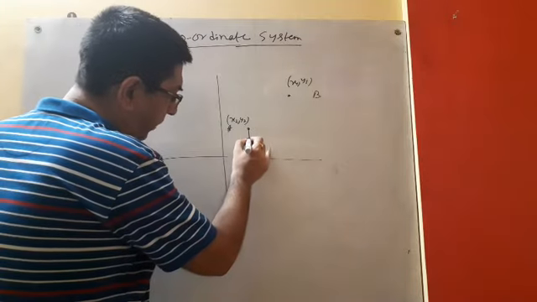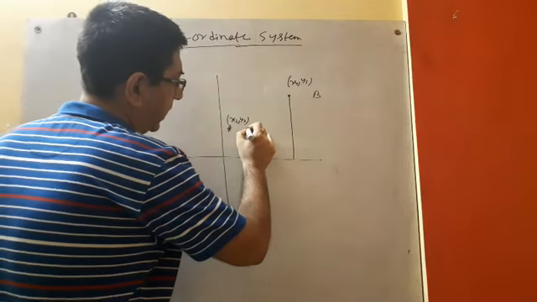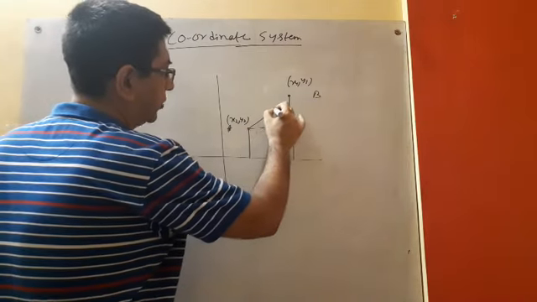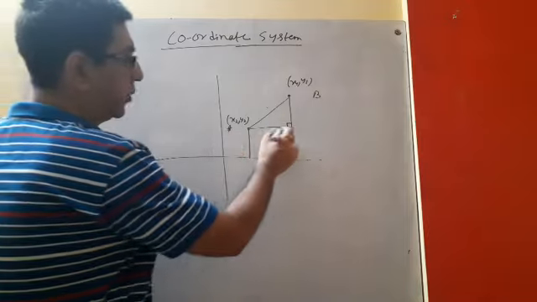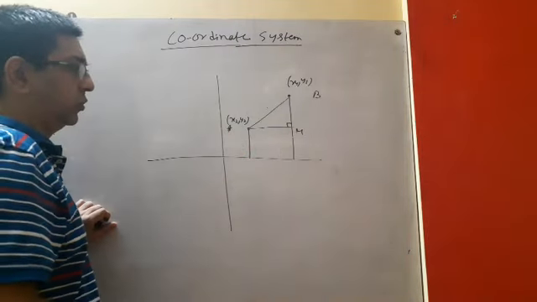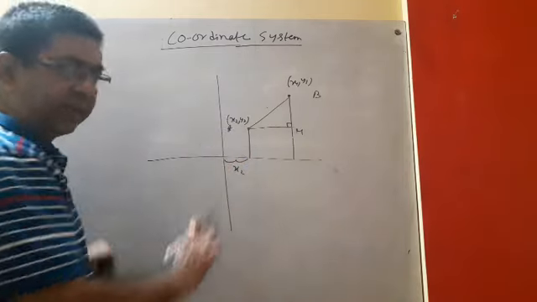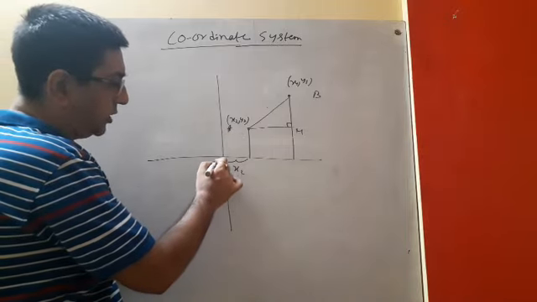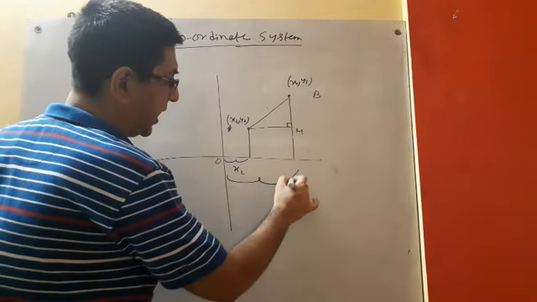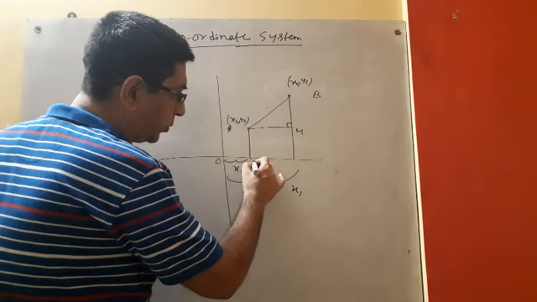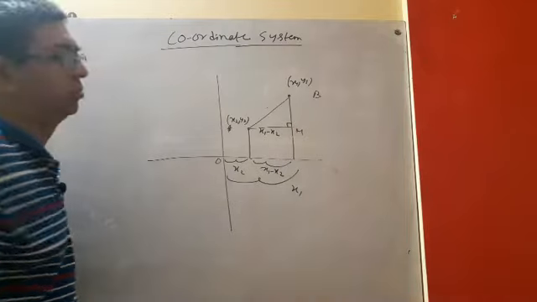Very easy. Draw a perpendicular here and draw a perpendicular here. Again, draw a perpendicular here and join this one. Look, this is a 90-degree perpendicular. So AB is the hypotenuse. Suppose this is M. So AB is the hypotenuse. Look, this one is x2, right? Because the abscissa of this point is x2. That means the distance from the y-axis. And this is x1. So what is this portion? This portion is x1 minus x2. So this is also x1 minus x2, right?